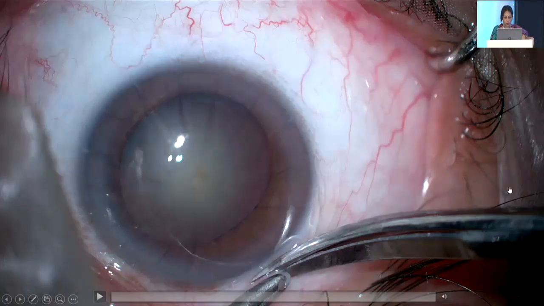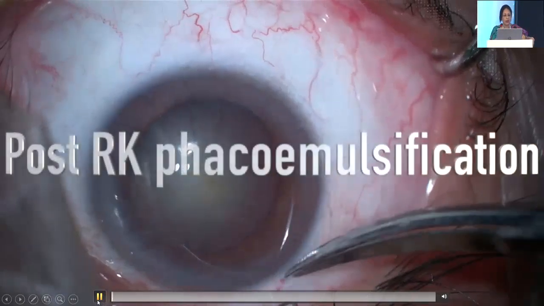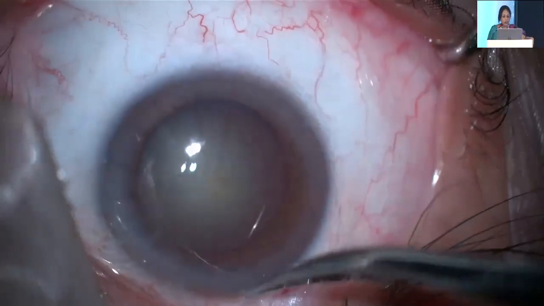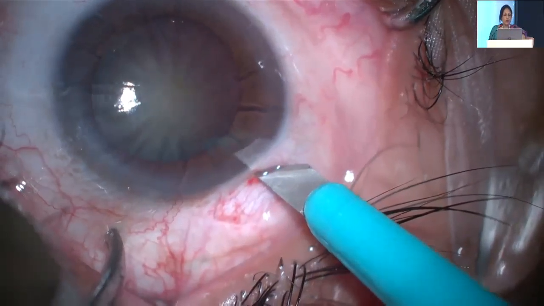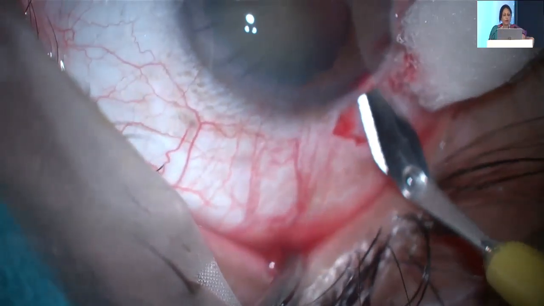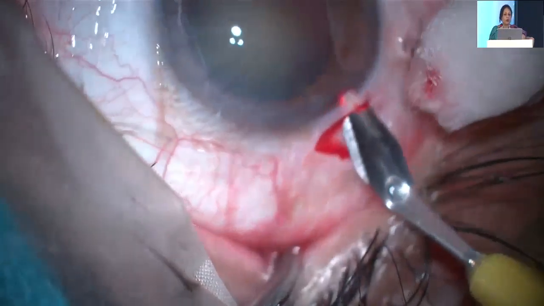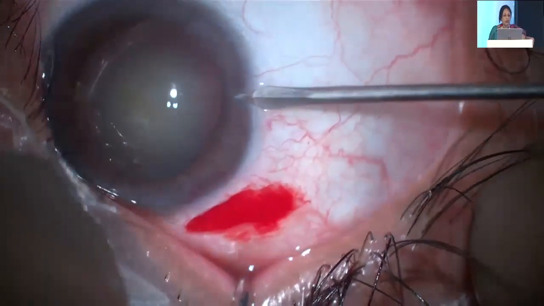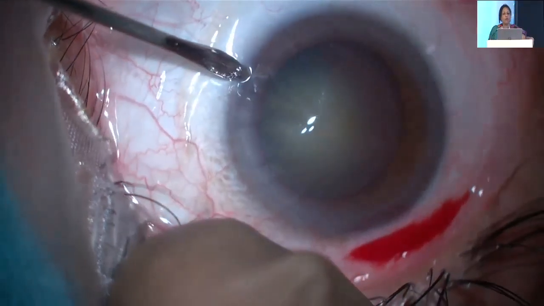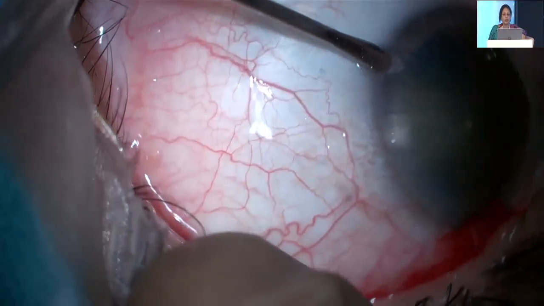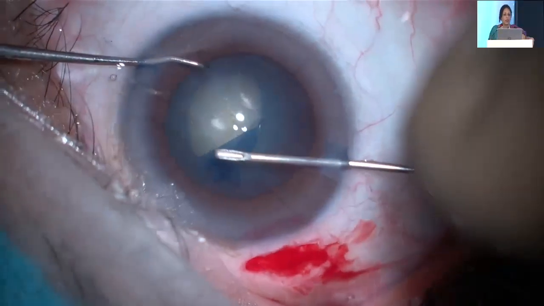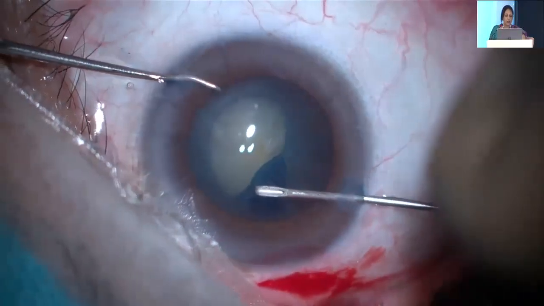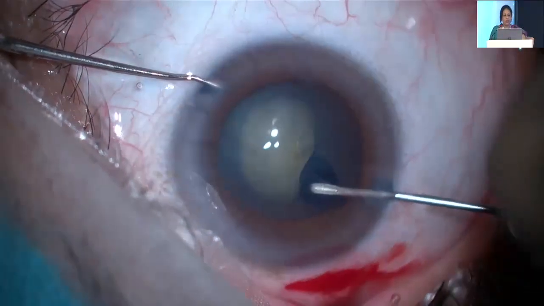Now, this is just a video. You can understand that doing SICS is more or less out in this patient. There are, I think, 24 RK cuts in this patient. Now, my problem is where to place my incision. So instead of going for a clear corneal, I decided to go for a posterior limbal. These incisions have to be placed within the 2 cuts so that I do not open up my incisions. The other problem I faced was that between the 2 cuts, there was no place to even place my chopper. So I had to use a dialer, though this nucleus was hard. Even the MVR blade entry is difficult. The rest, of course, is almost similar to what you do in routine phacoemulsification.